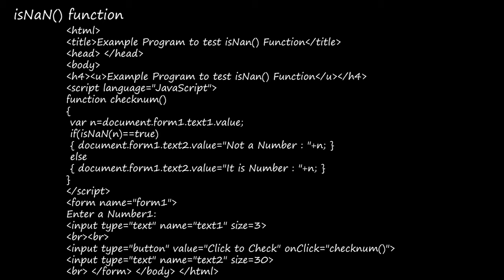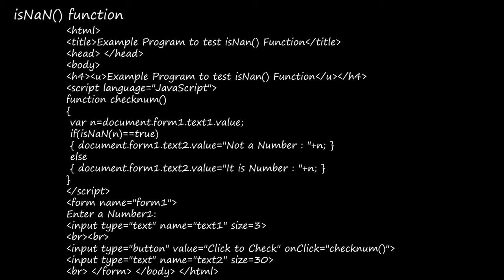Okay, here at last if you see input type is equal to button. So here we have a button, click to check, right? So click to check, this will be written on the button. onclick is equal to check num of. That means this check num of is a function name here. This function will be executed in this place, right? Inside this function only we are having this if else, and we are having this isNaN function and all. So here we have seen the function definition, function declaration, and here we have called the function. So this is function calling, right?